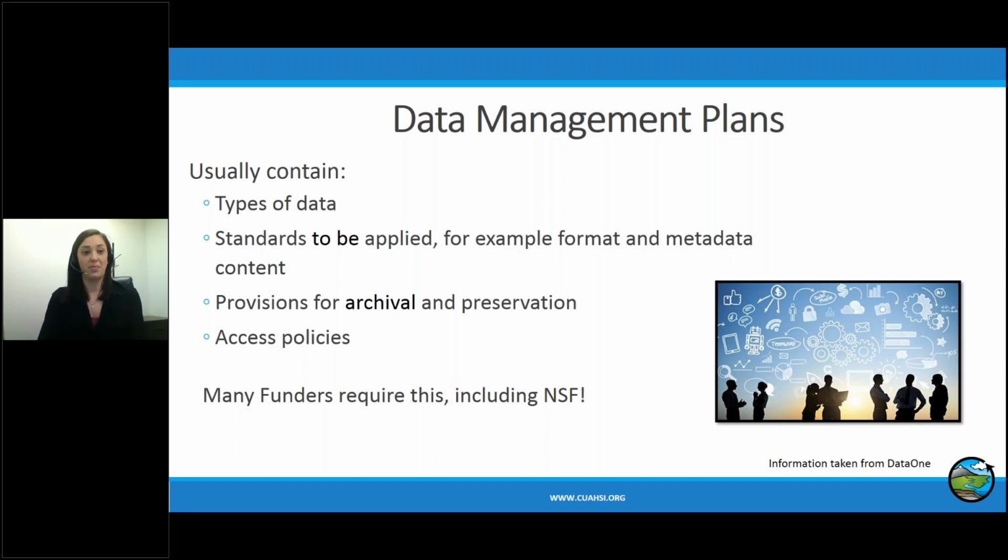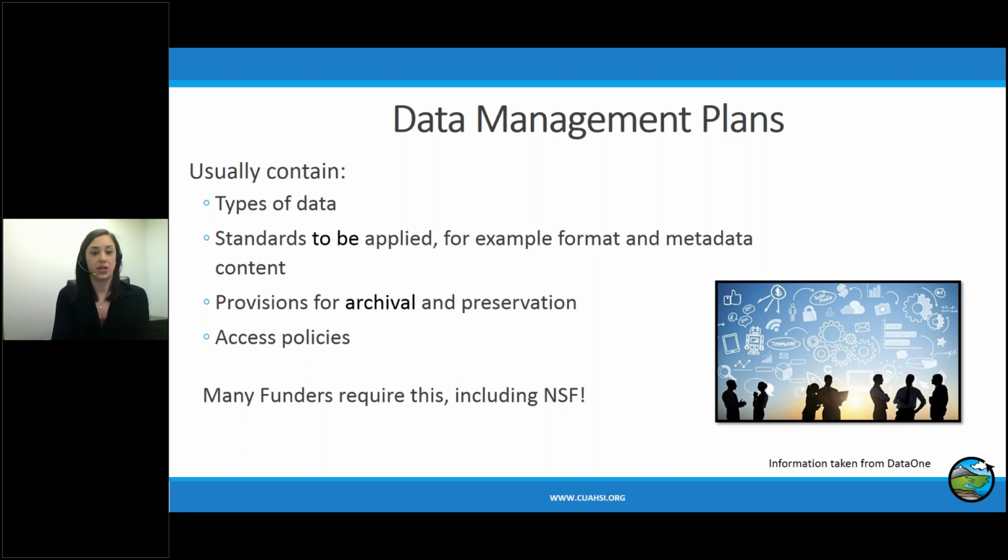Why it's important in the big perspective of things is it adds to the reproducibility of science. It usually contains the types of data that you'll be either collecting or deriving, the standards to be applied, for example, are you using an accepted metadata structure, provisions for archival and preservation, so where are you actually going to store this data?